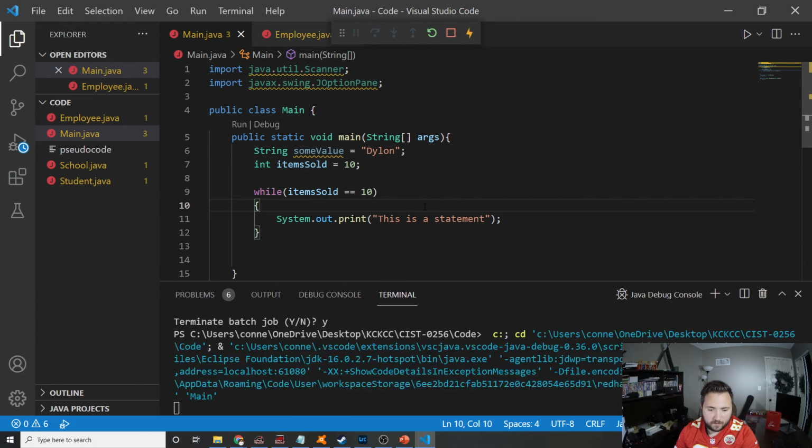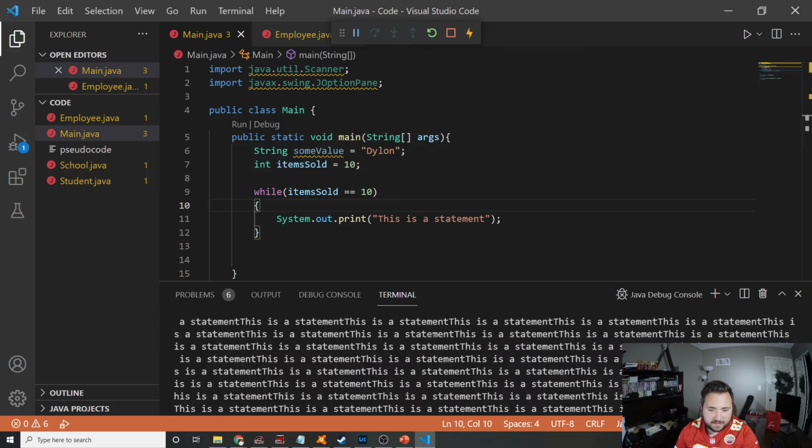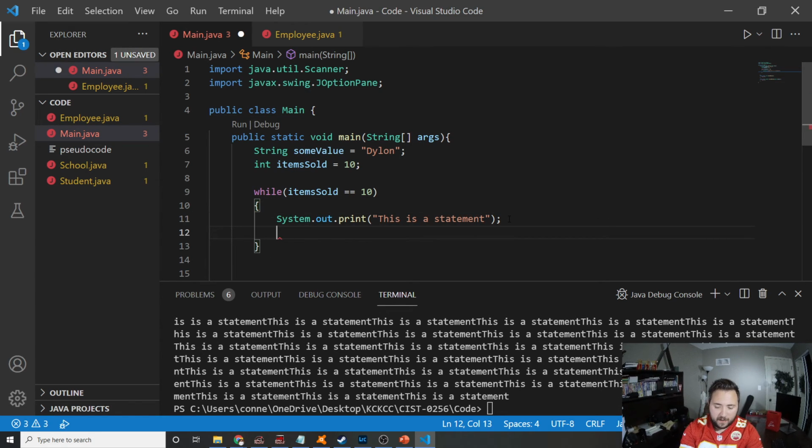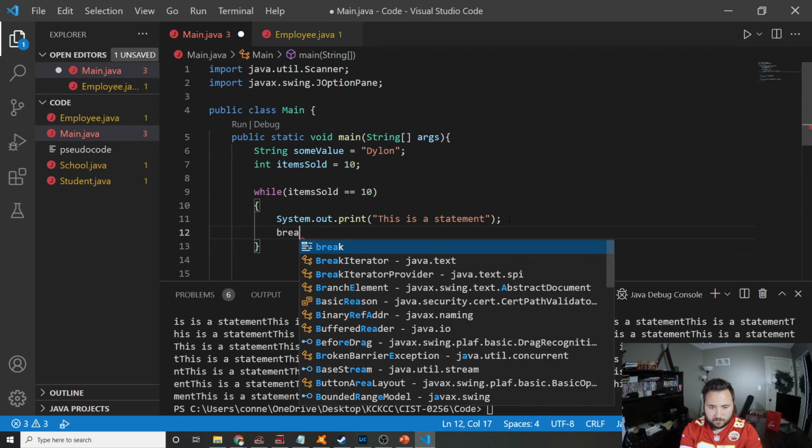Hang on, I gotta cancel it. There you go. You can see that this is a statement is running a whole bunch of times because it's an indefinite loop. So it's going to keep looping because I don't have a statement in there to break out of this loop. Now, if I had the word break after this,